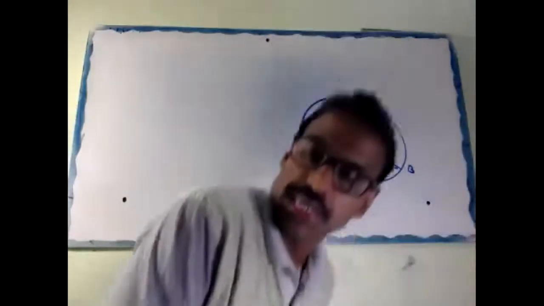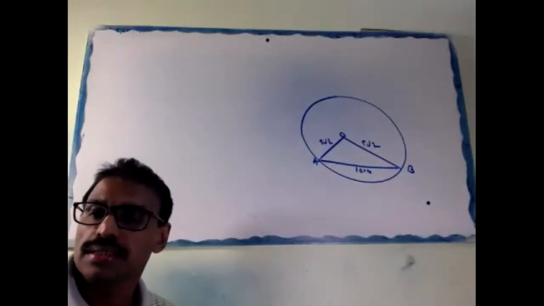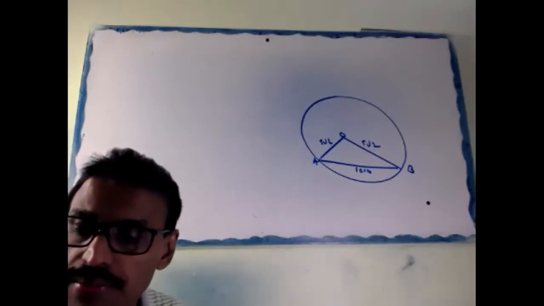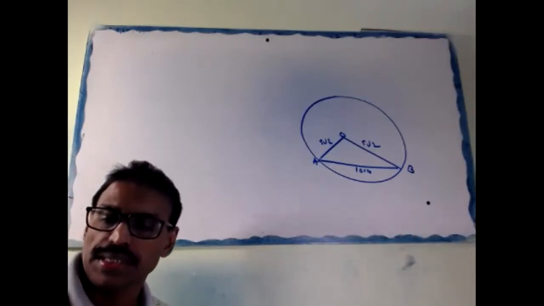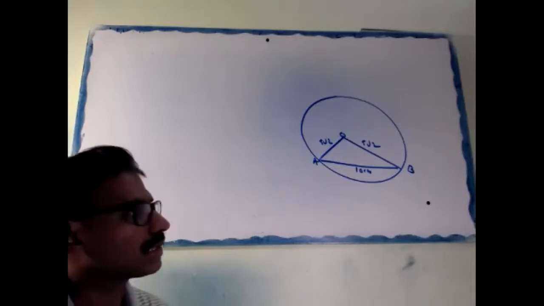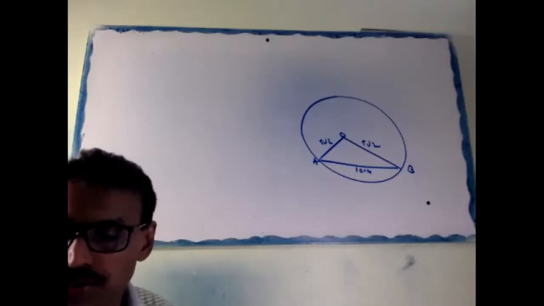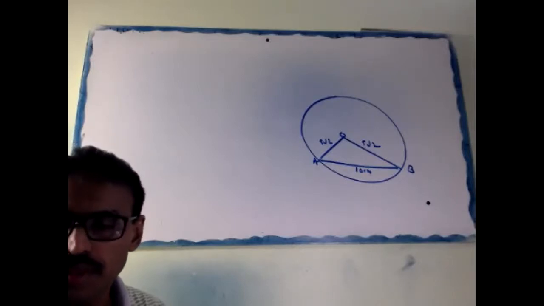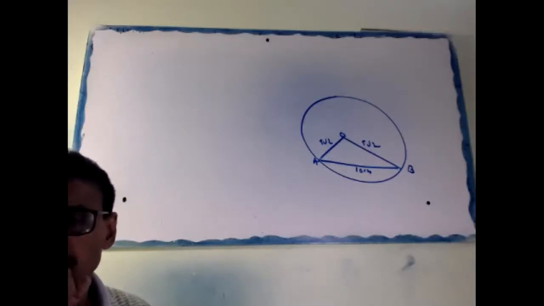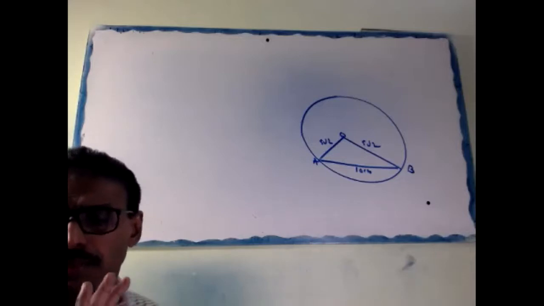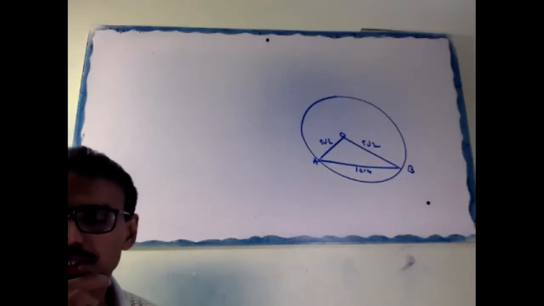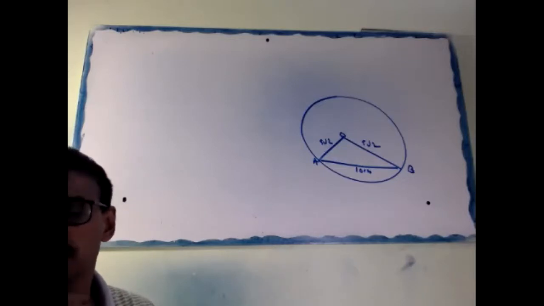If it is 60 degree, what is it? An equilateral triangle, right? If it is 90 degree, it is just half base into height. This is the easiest way, okay? You can use any formulas, there is no issue, but you should study that one. Don't just copy and find out, okay?